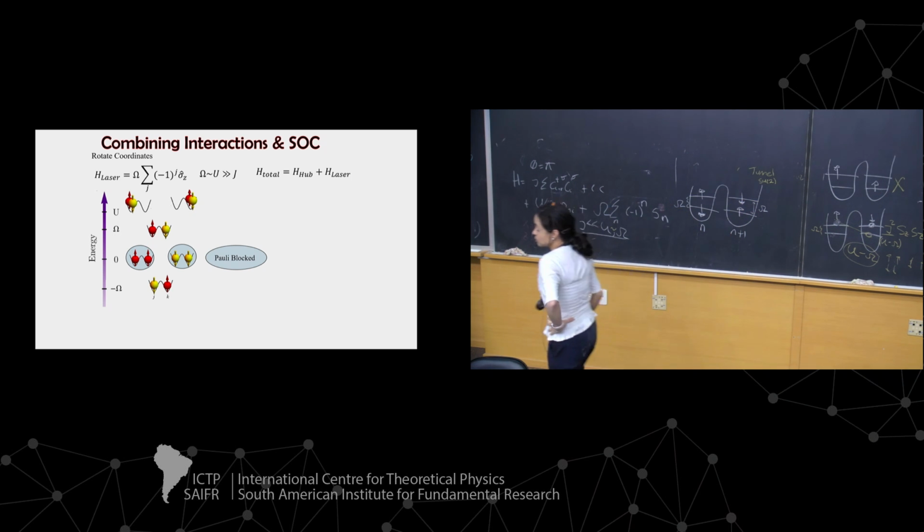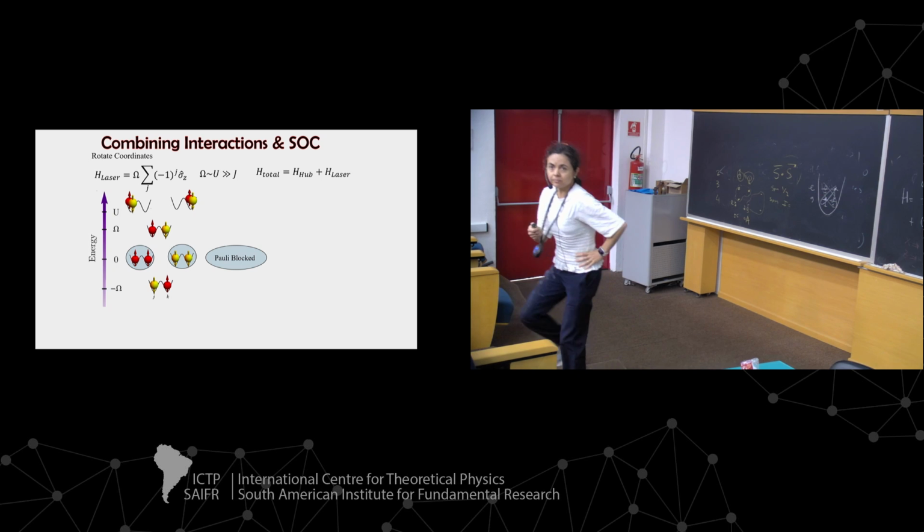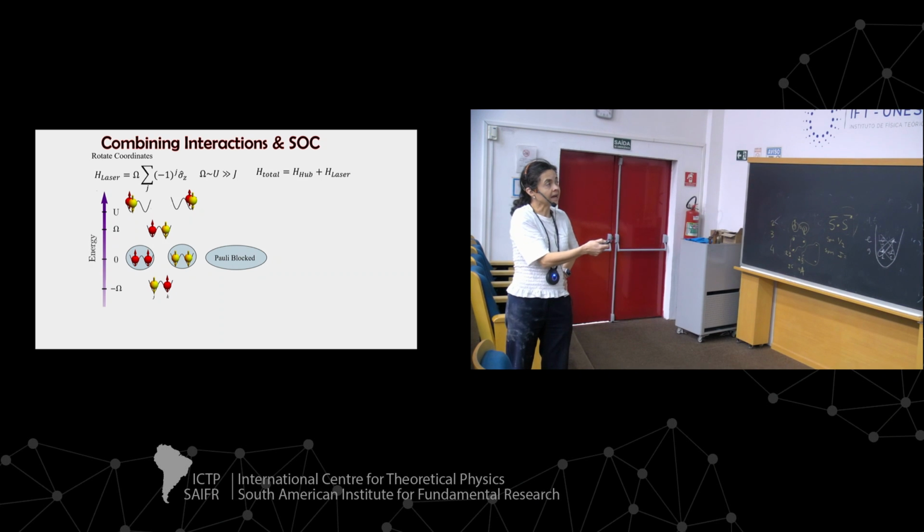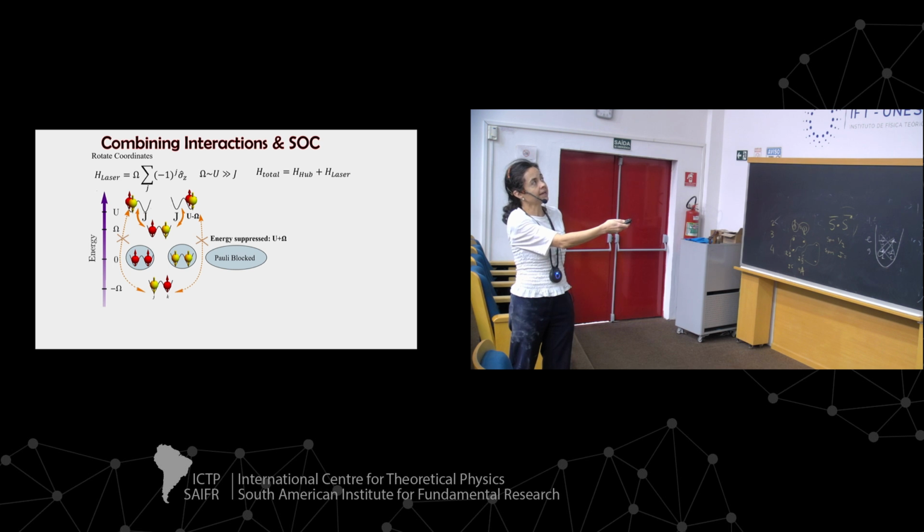So this is a picture of the states. You are going to have the states, these are the picture of this state. This has minus omega. These are Pauli blocked and cannot do anything. This state has plus omega, and these are the doubly occupied states that have energy U, and they are separated by an energy U from this. So I'm just trying to rewrite this process. This has energy J minus U minus omega, and then you are going to have